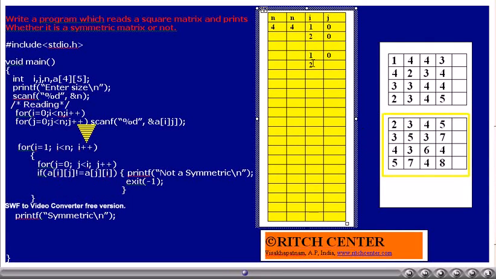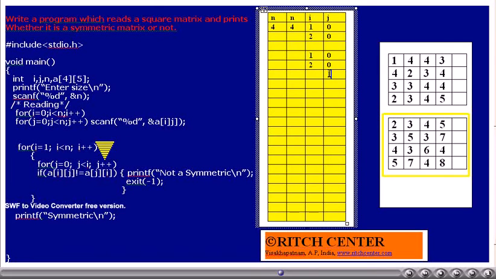I value will be incremented by 1. Is I less than n? Yes. J is initialized to 0. Is J less than I? Yes. Thus, the inner for loop is going to get executed once. Now, currently, I value is 2, J value is 0. Aij is 4, Aji is also 4. Thus, the loop continues further.